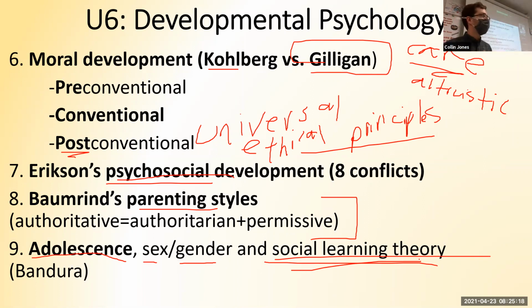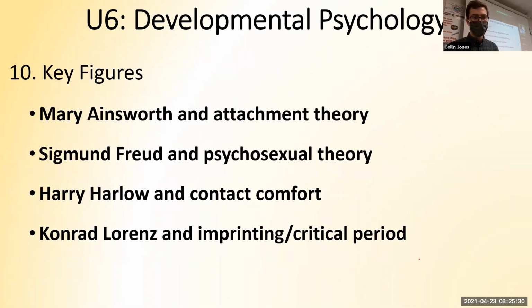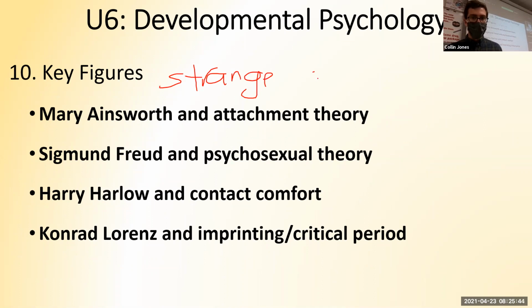Okay, so developmental psych was all these different theories about from conception through death. We talked about the stages of grief and coping and denial and anger and how we can come through that and develop growth and resilience when we have tough times in life. All these things were part of Unit 6. Okay, so some quick names: Ainsworth, Strange Situation. She put kids in the room with a stranger and had the mom leave and the mom come back, and she watched to see how the baby responded, and that determined whether they had a secure or insecure attachment.